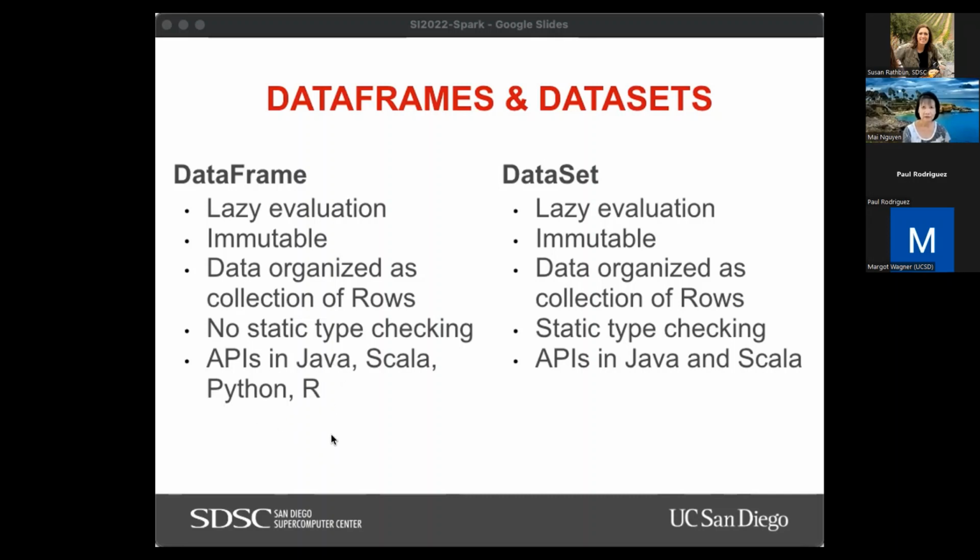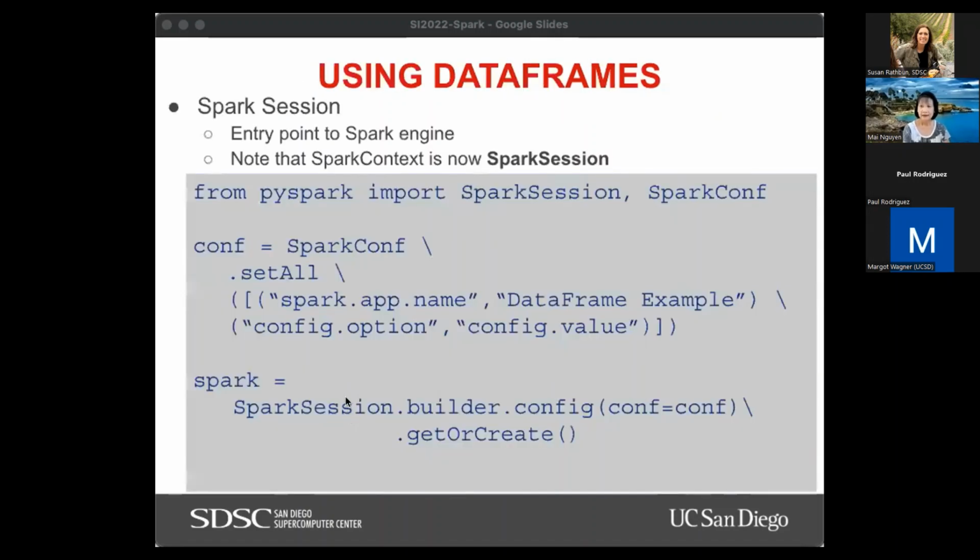And so we are going to be using PySpark, which is a Python API that is provided in Spark. So we're going to be talking just about data frame. We're not going to work with data set in this session. Okay, so using data frames then. Now, when you write Spark code, you're going to be using either data frames or data sets.